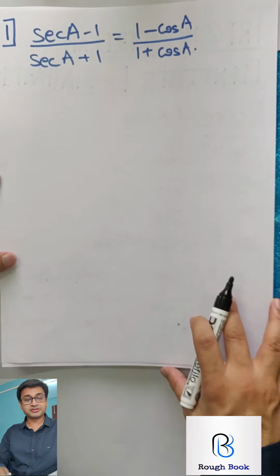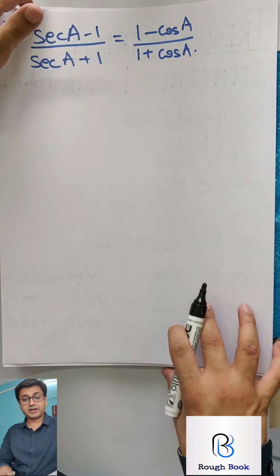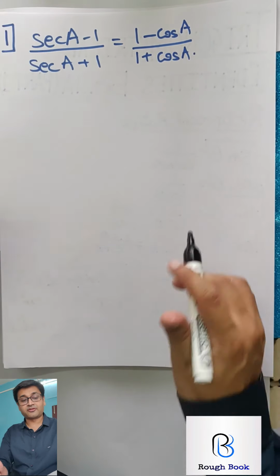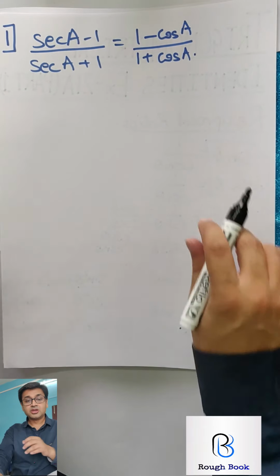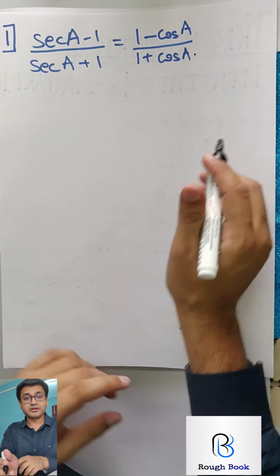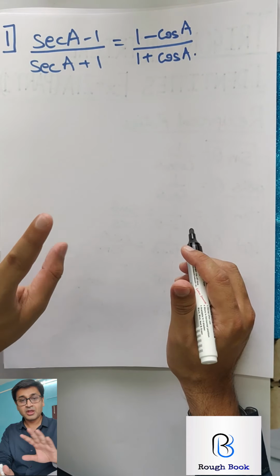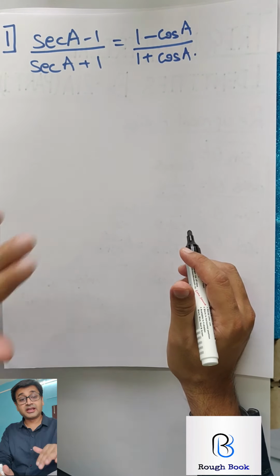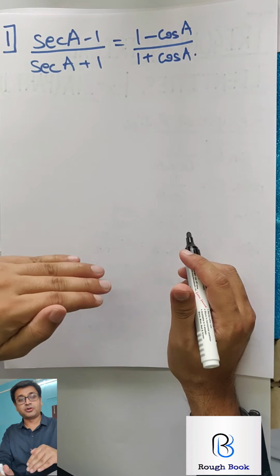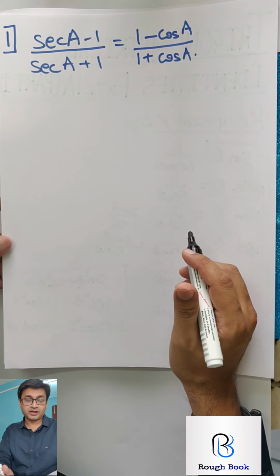So let's start with the first sum. I want everyone to pick it up. Now you need to decide whether to start from left hand side or right hand side. So always start from that part where you see secondary ratios, not the primary. Primary means sine and cos. Don't take sine and cos, take the secondary ones, convert them into primary and then go ahead. So your life will become easy.